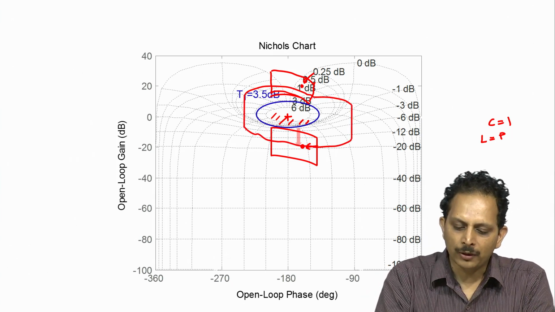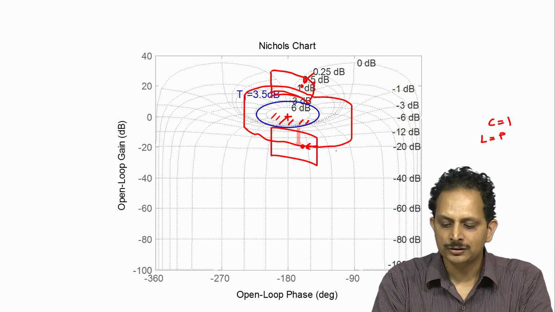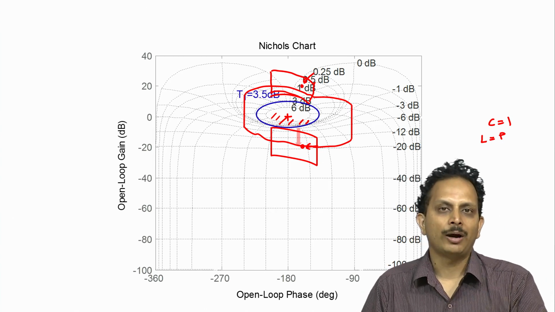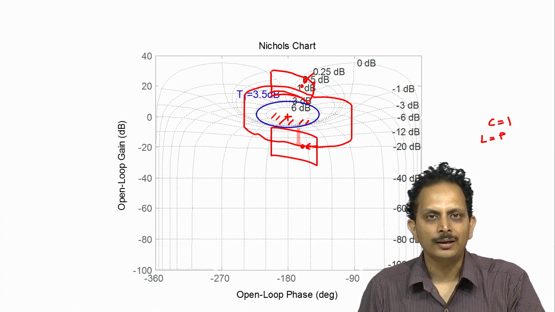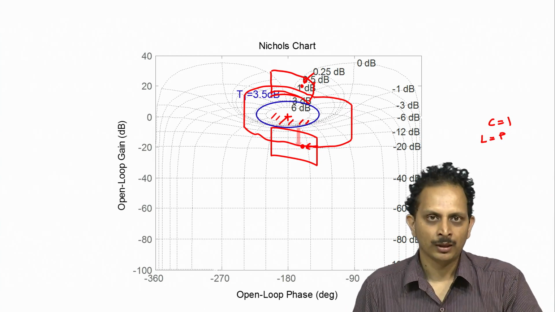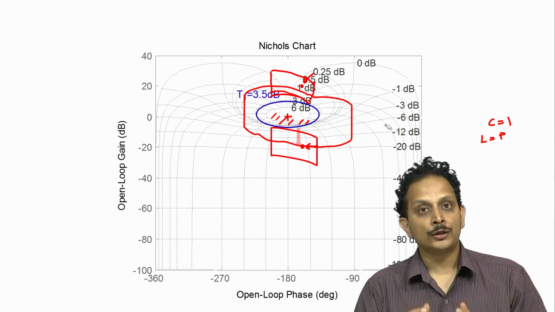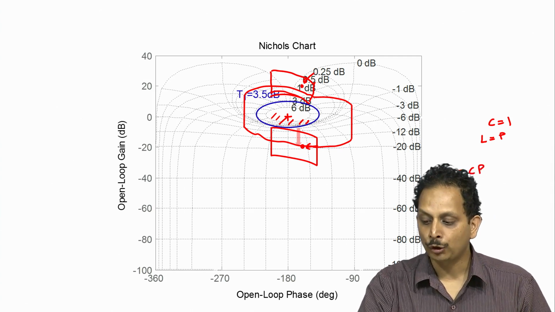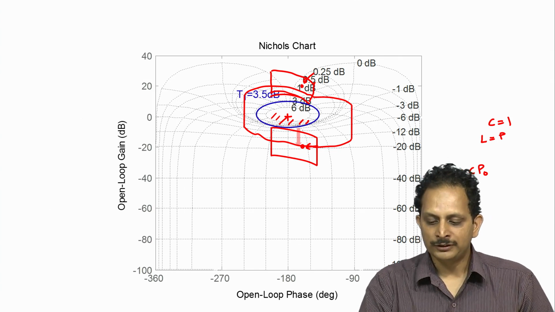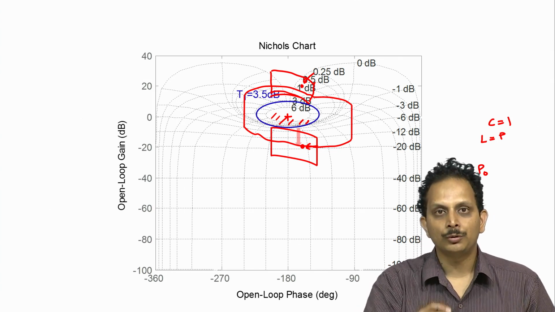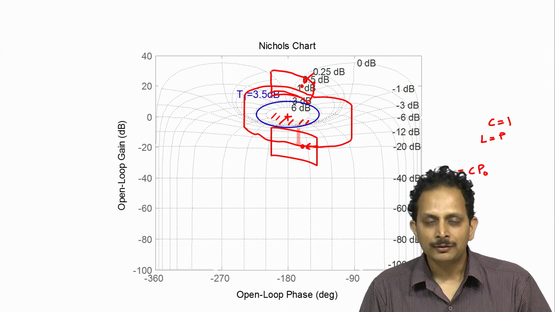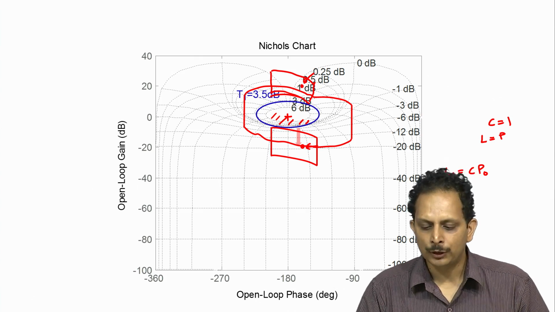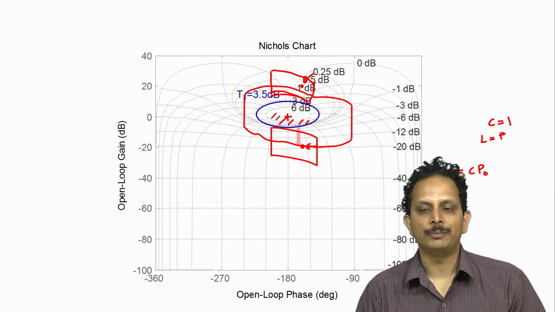So for all possible locations of the loop gain on this particular closed curve, we would have the worst case plant to have a maximum value of T1 being equal to 3.5 dB. Hence for values of the nominal loop gain L0, which is equal to the controller times the nominal plant P0, which are outside this closed contour, the red closed contour, we would have the worst case transmission function T1 to have a maximum value of less than 3.5 dB.